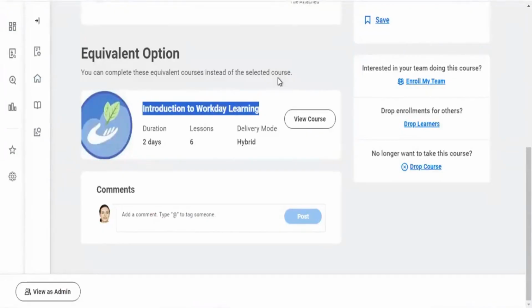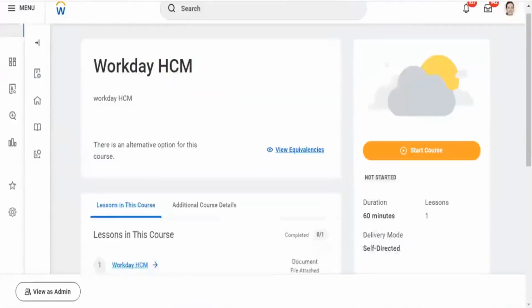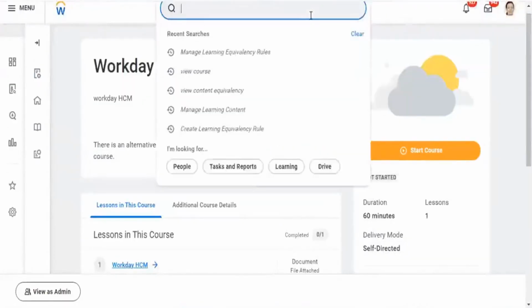We have a task called Create Learning Prerequisite Rule. What is the task? Create Learning Prerequisite Rule.